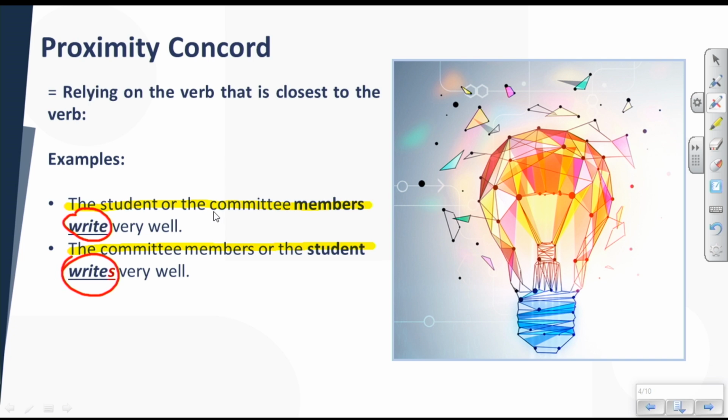So as the committee members is in the plural form, I use the verb in the plural form. But if I invert and say the committee members or the student, now a singular count noun is closer to the verb phrase, and then the verb phrase is in the singular form and has the specific inflection to indicate the third person in the